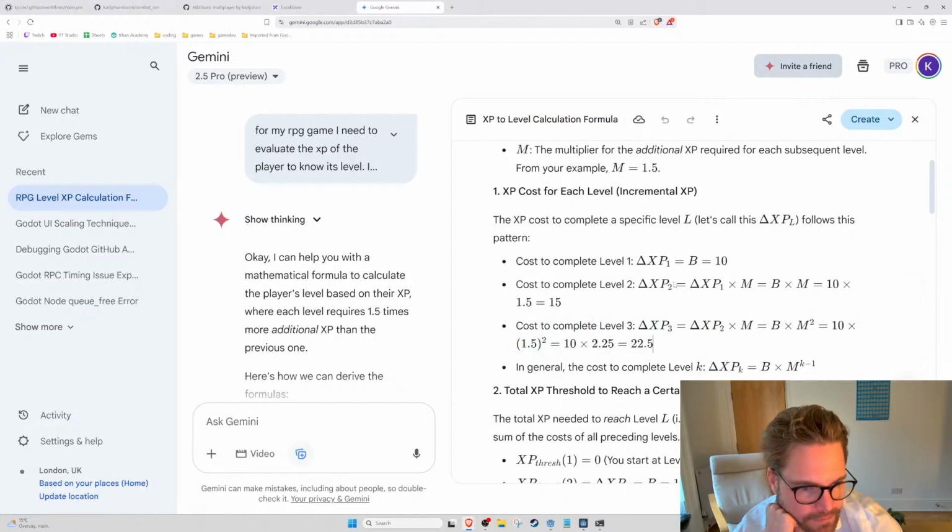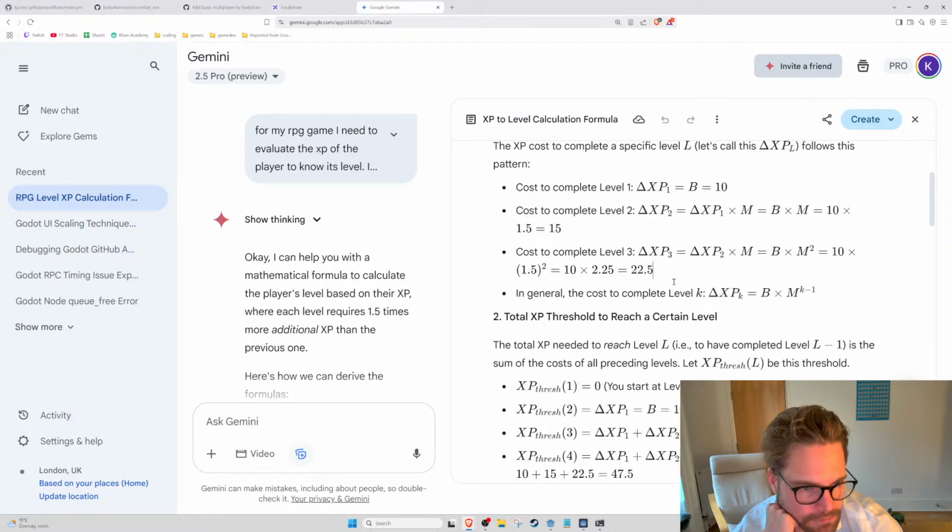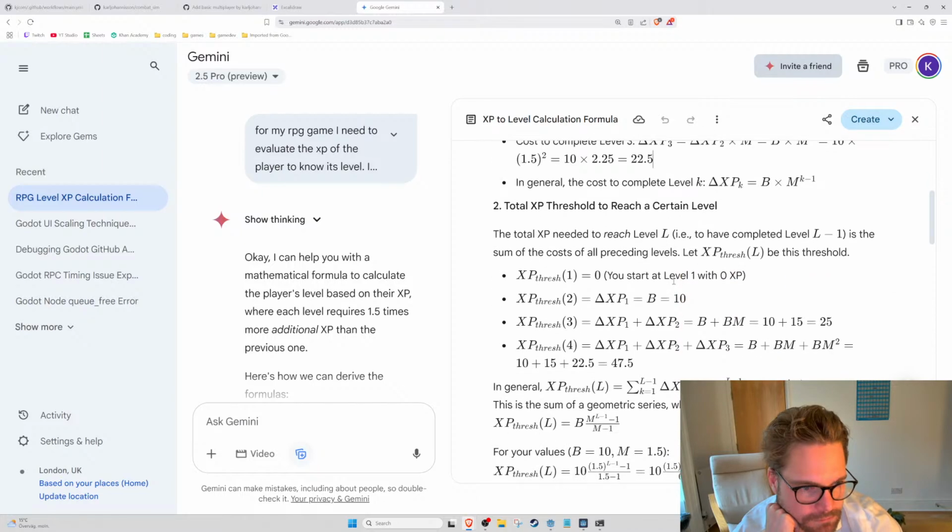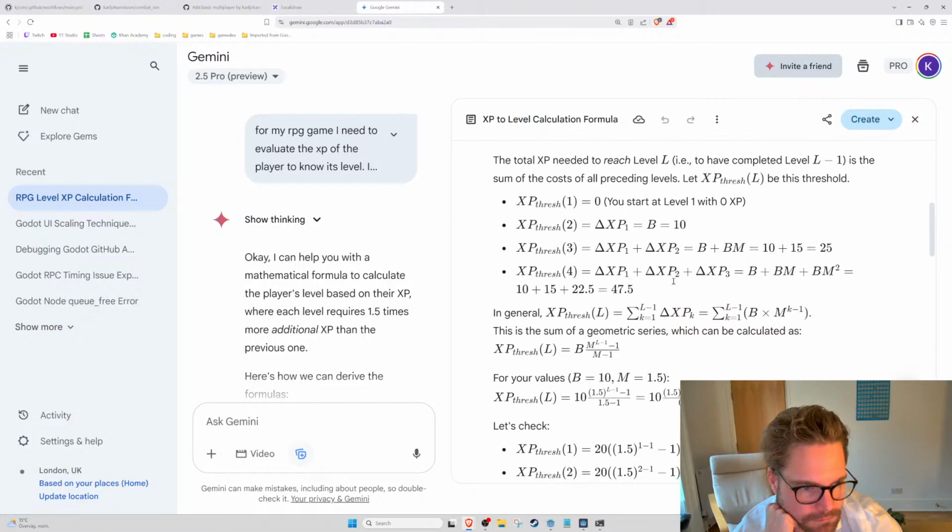Yeah, exactly. Geometric series, which can be calculated as